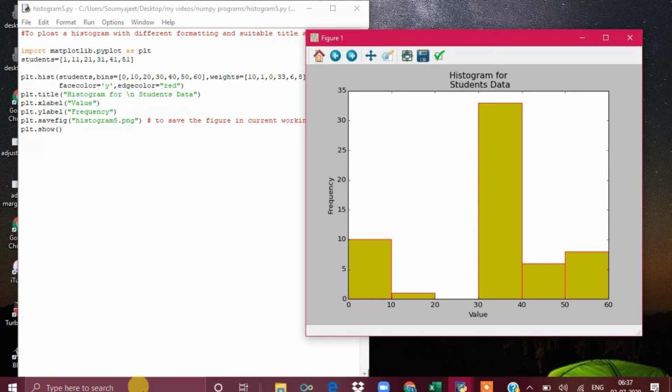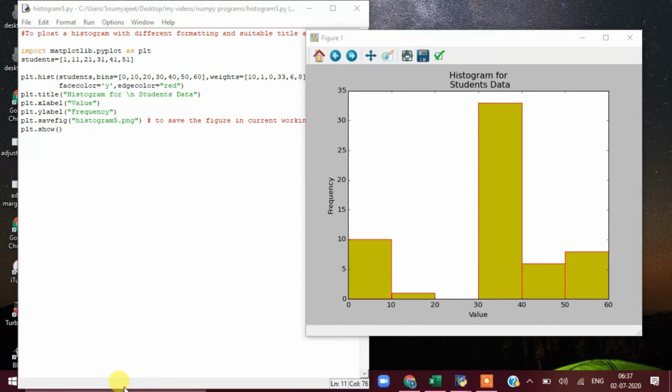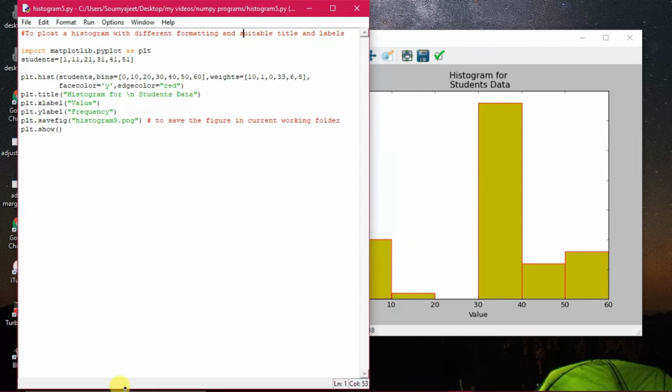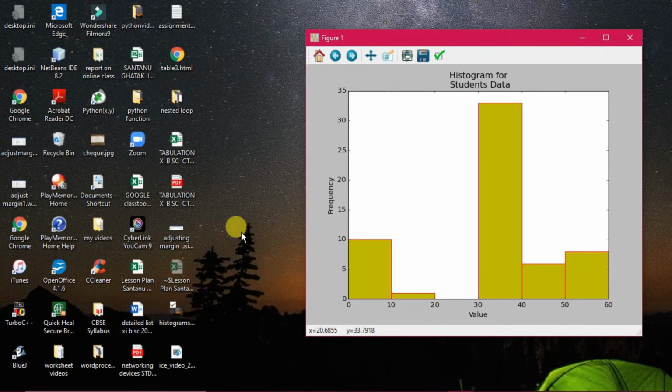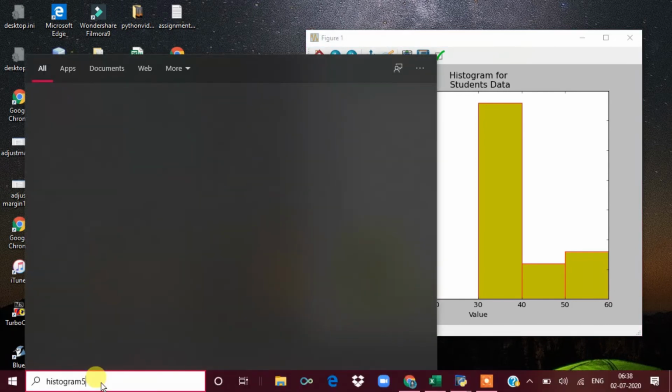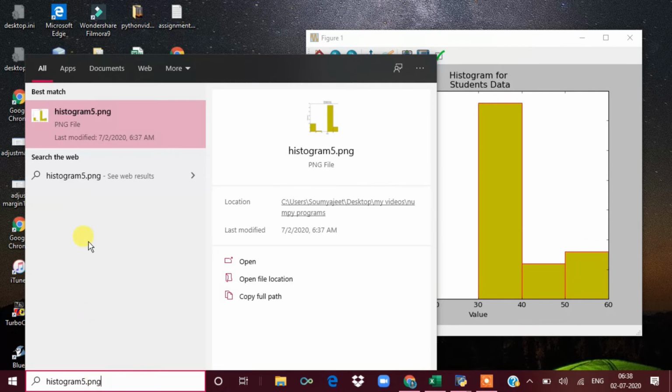Now one thing is important that I want to show you, where this particular file has been saved. In the search box you can type the file name under which it was saved, that is histogram5.png. Let us type it in the search box. So I type histogram5.png here. It will show me the best match.